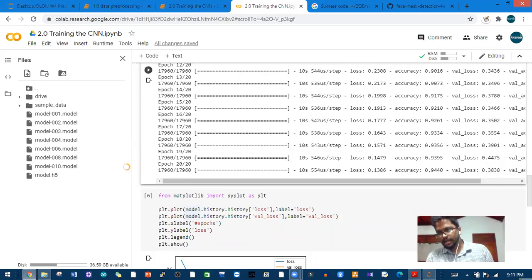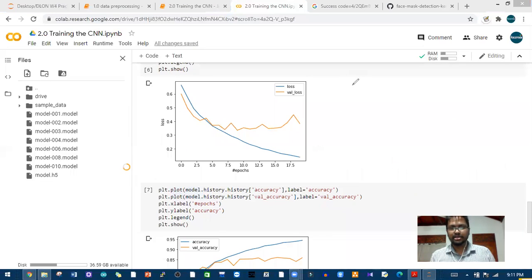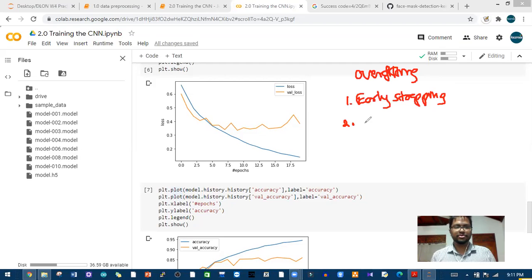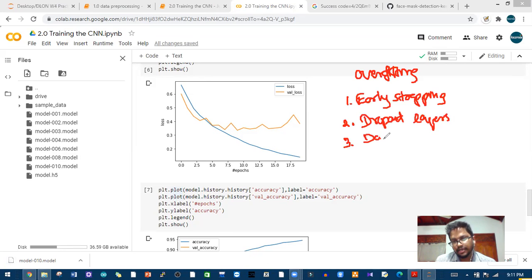And in order to overcome the overfitting, we can do some other things as well. Overfitting, we discussed the early stopping, and also the dropout layers, and we can use data augmentation, right? Data augmentation, and the fourth one is batch normalization,